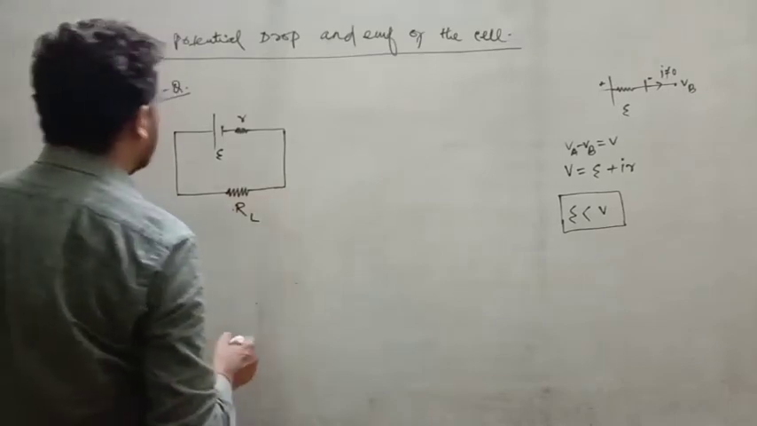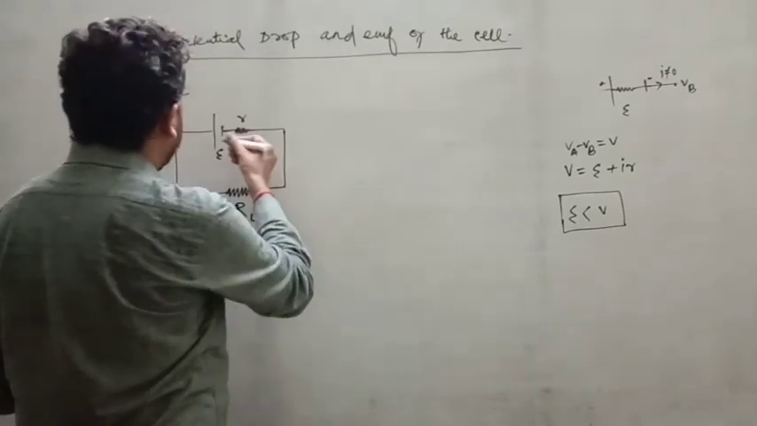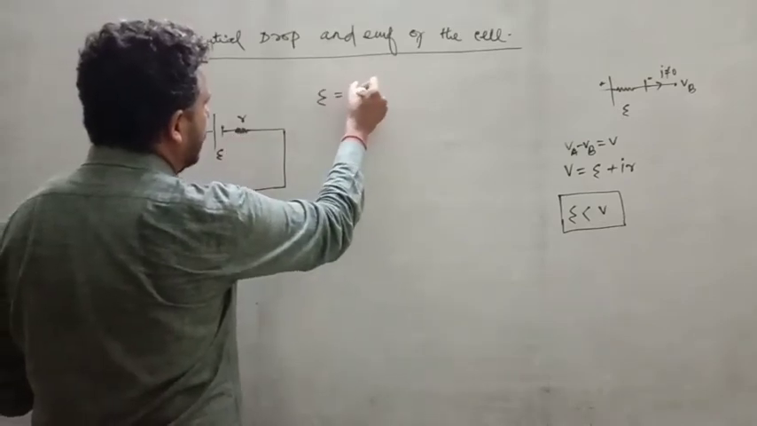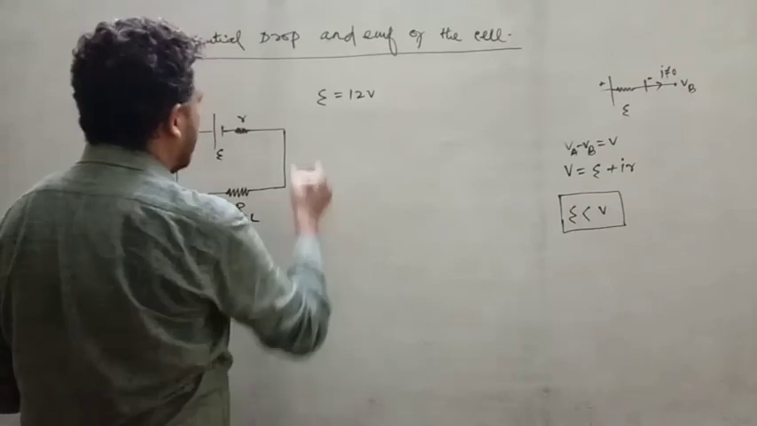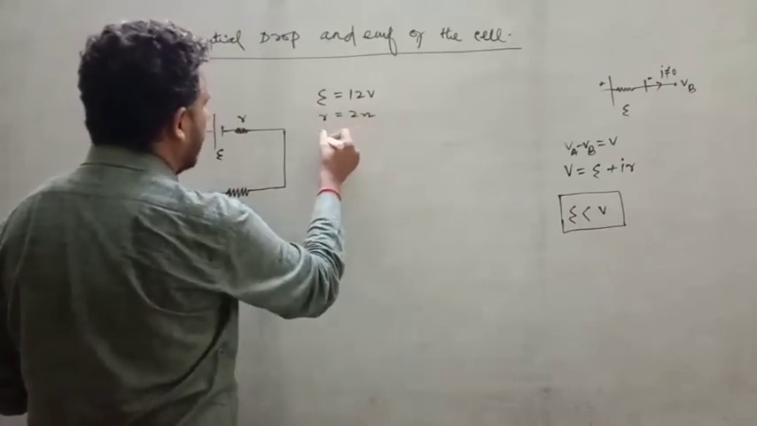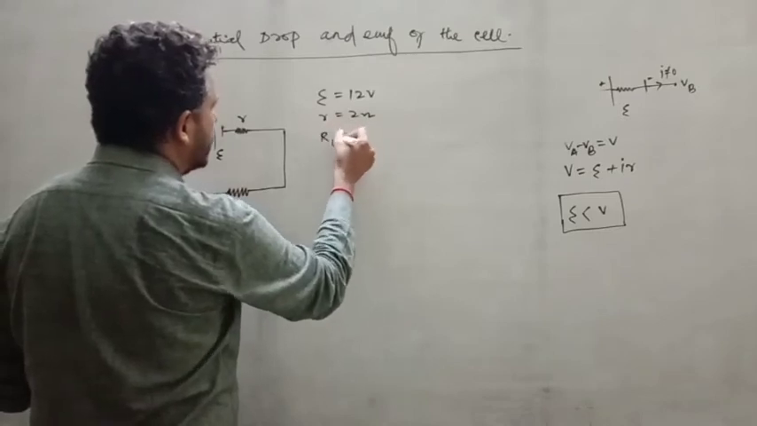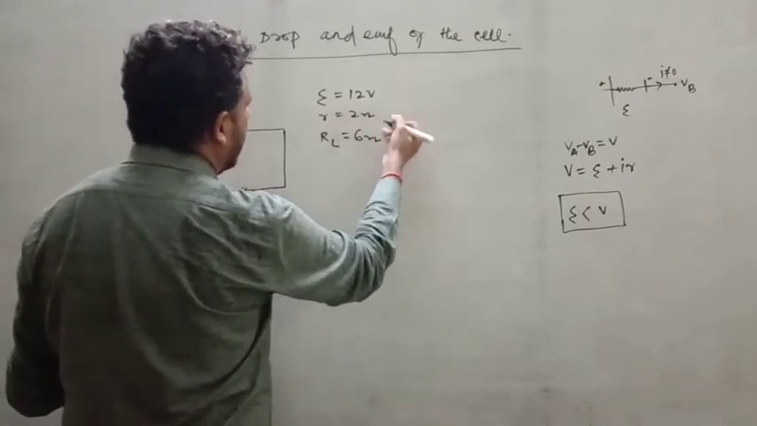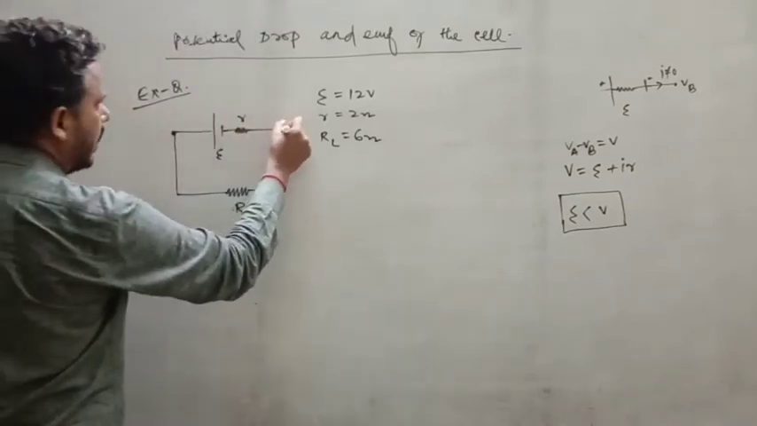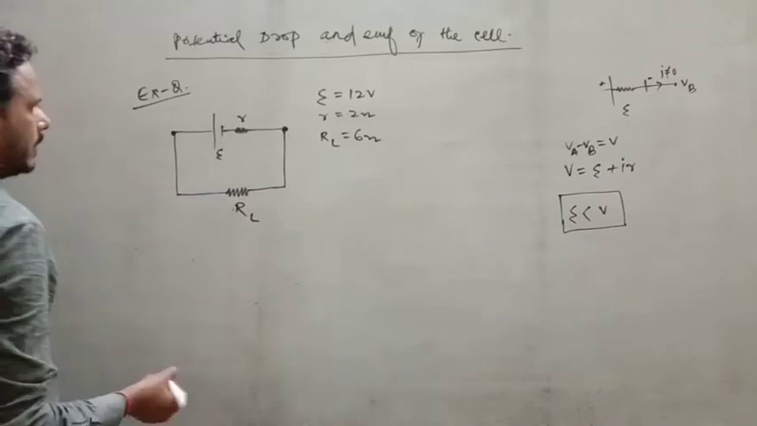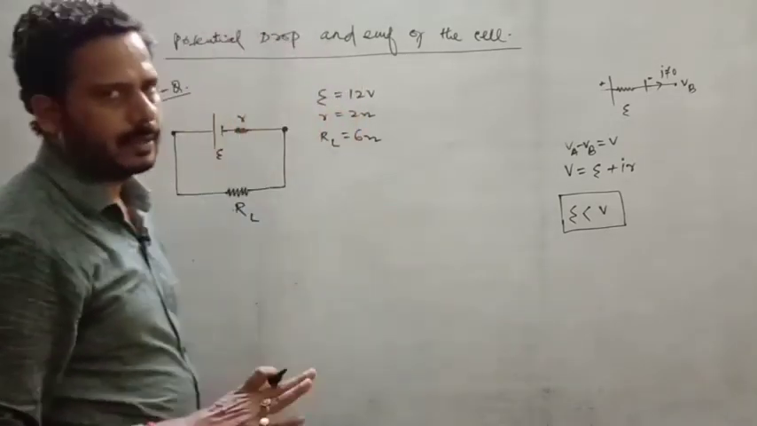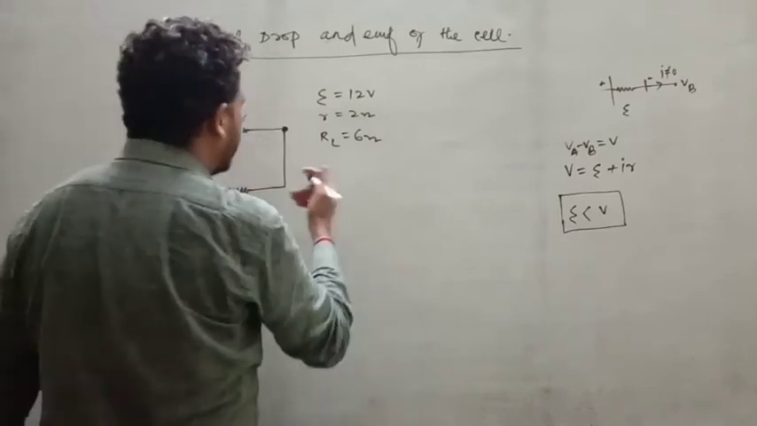So here you just suppose that the EMF of this cell is 12 volt, the internal resistance of the cell is 2 ohm, and the magnitude of the load resistance is 6 ohm. Then you have to find the potential drop either across the cell or across the load resistance. Both will be the same. So the question is that